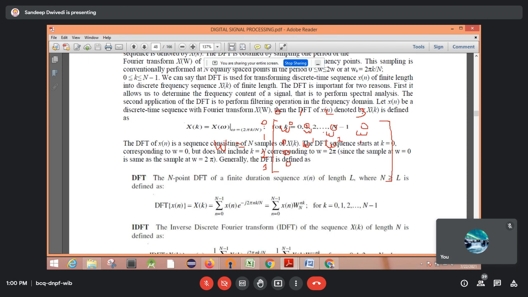Then this will be w raised to power 3. Okay, then this one multiply with 2, so this will be w raised to power 2. Then w raised to power 4, then w raised to power 6, like this.